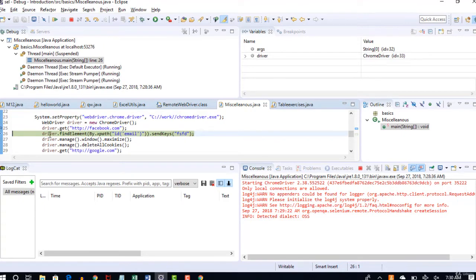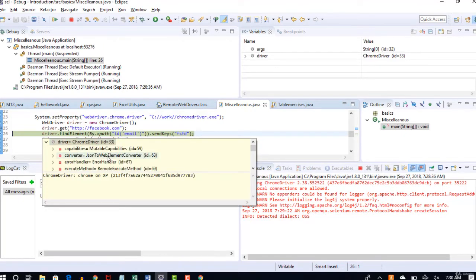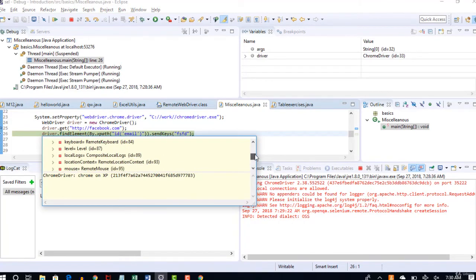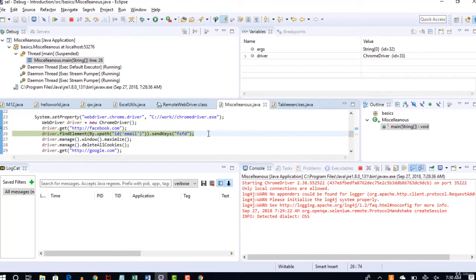And now when you move your cursor on this driver, you can see all the object related stuff, like what the capabilities are and everything, right? Now again, say step over, or F6 is a shortcut, where your test will move one more line. Yeah, you see that it just executed one and moved to the next step.